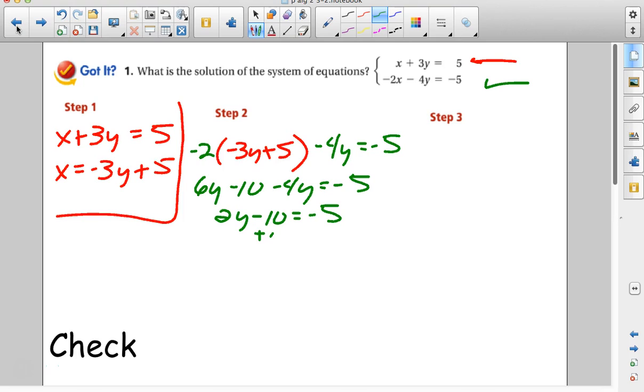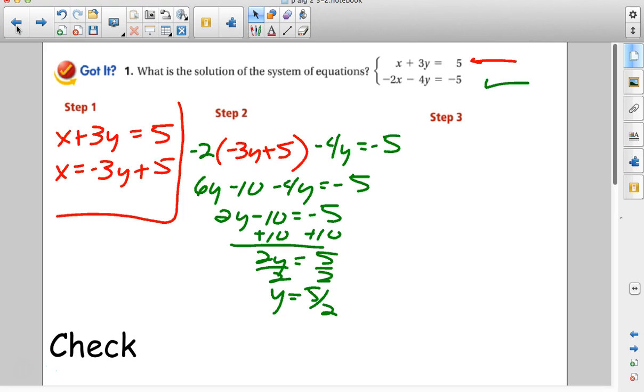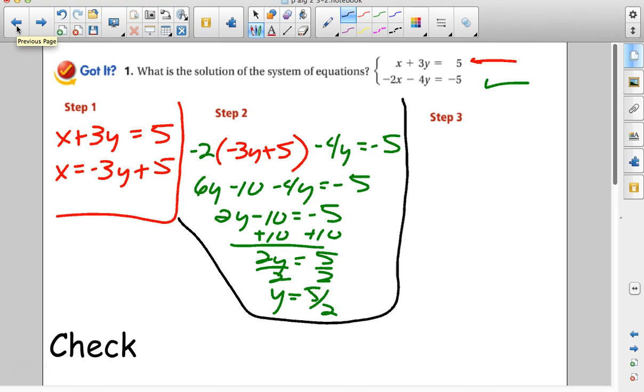We add 10 to both sides and divide by 2. So fraction answer, but not necessarily a really ugly one. That's not too bad. All right, so we have that. That was step 2. Step 3. What do we need to do? Do you want number 1, number 2, or number 3? Yeah, well, why not? It's built to find x. Let's do that. So x equals